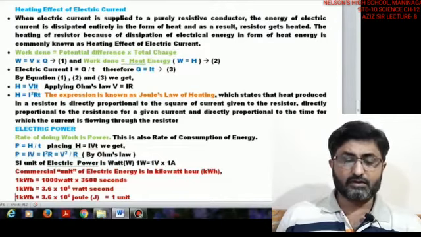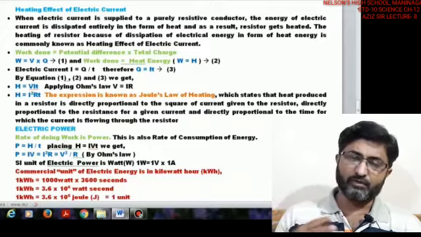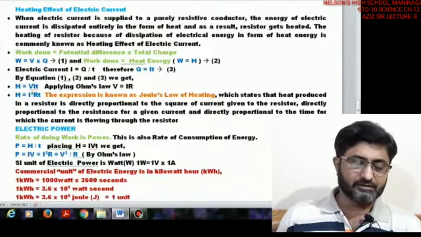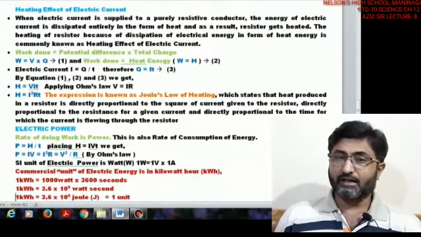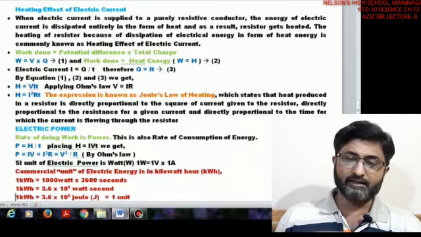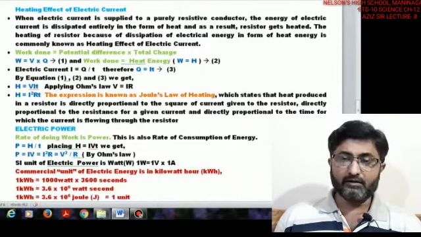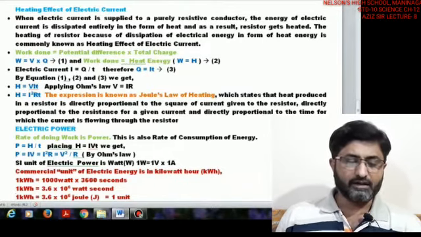Fine. Calculations regarding it: work done, we have learned before, is equal to potential difference multiplied by the total charge. So the formula is W equals V into Q. The second formula you know of electric current: I equals Q by T, where Q equals I into T, right, and work done is equal to the amount of heat energy, as we have learned through the definition.